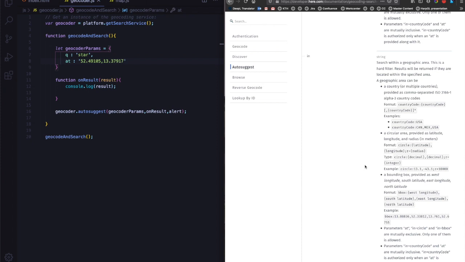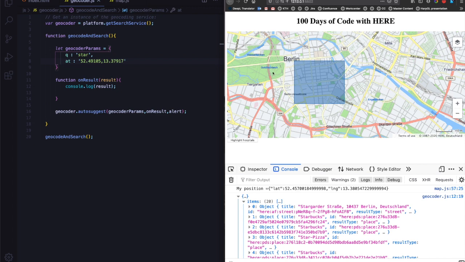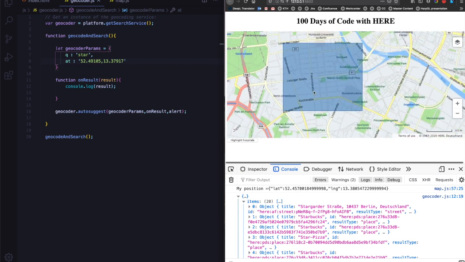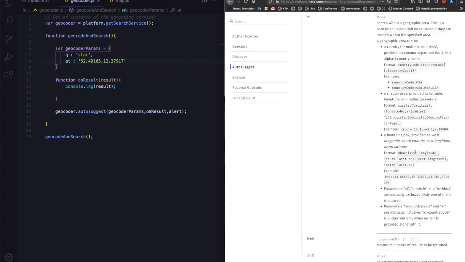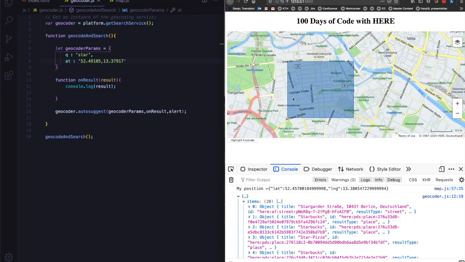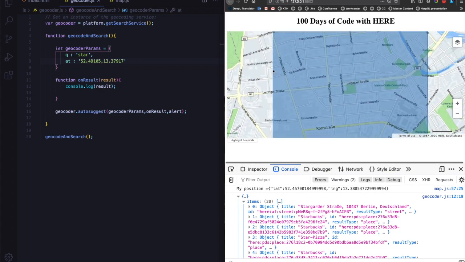For day 30, we are going to look at a bounding box, which is also a way of restricting your search. So now if you look at a bounding box, it's nothing but you restrict your search within a certain box. And the format to enter the bounding box parameters is by specifying the west longitude, south latitude, east longitude, north latitude. What that means is if you take a look at this box, considering that this is north, west, south, and east,